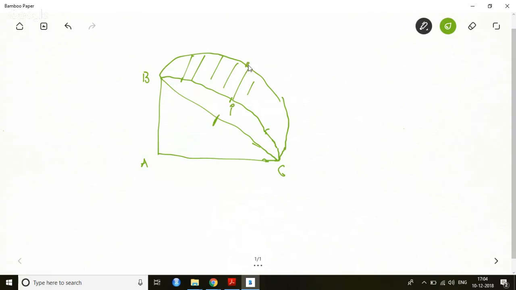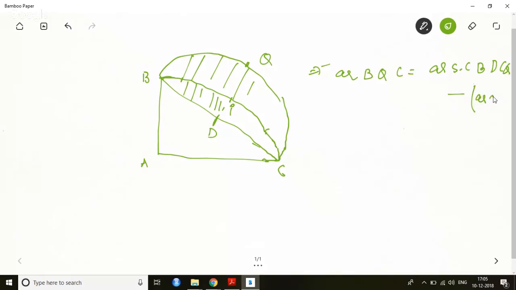Suppose this is Q. So this is BQC, and suppose this is D. So that would be the area of semicircle BDCQ minus the area from here to here. How do you find the area from here to here? That is minus